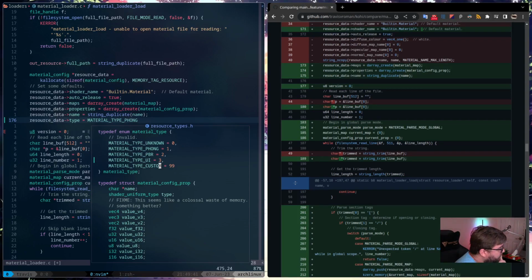But how is our version 1 going to know about that? I don't think it's going to. It's basically just defaulting to material type unknown, which I think is why none of the stuff that we expect to be created is created. Okay.